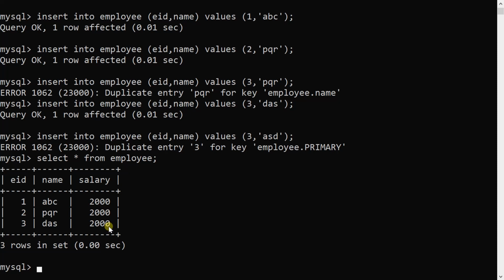Not null constraint and check constraint can also be applied on the table. And the foreign key constraint, I have already explained in my last video. For better understanding, you can refer to primary key and foreign key in SQL. So friends, in this video, I have explained how to use the primary key constraint, unique key constraint and default constraint.